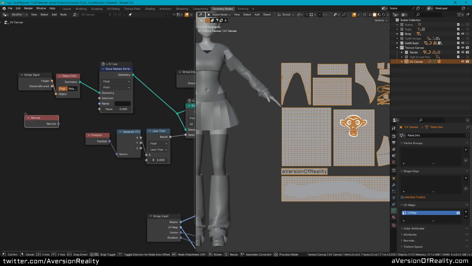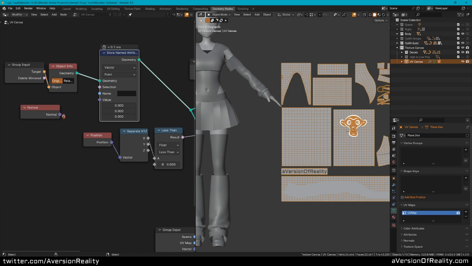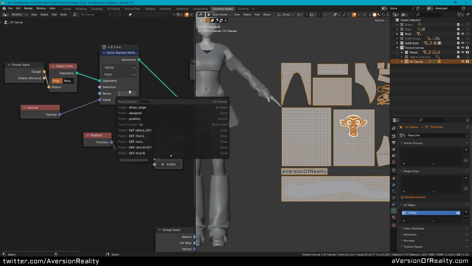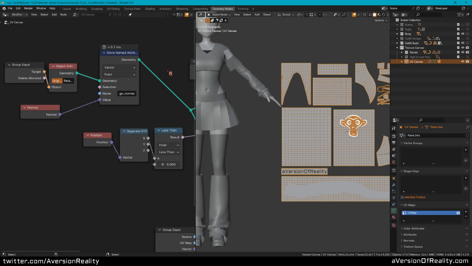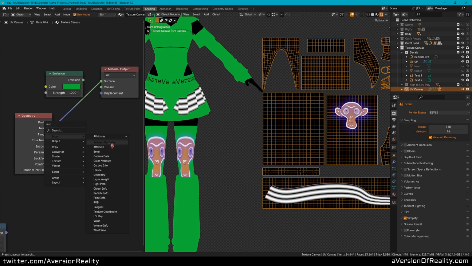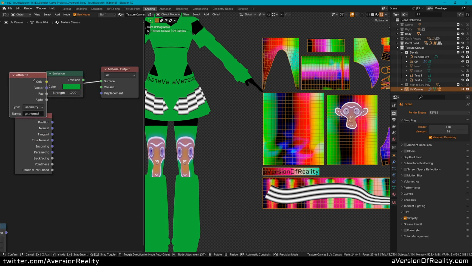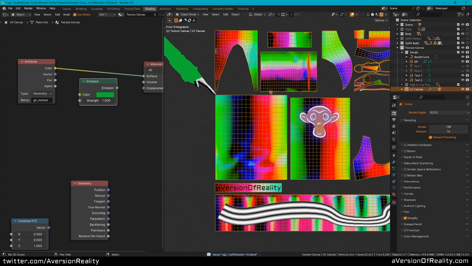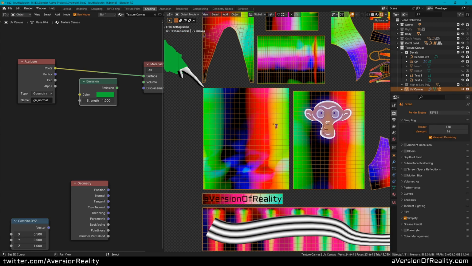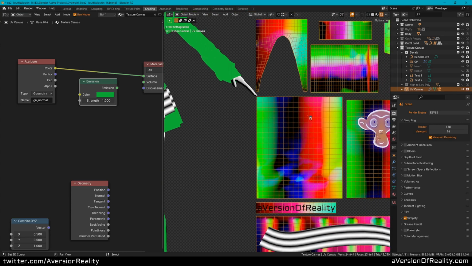In this case, if we want the normals, then that's going to be a vector. Presumably we want them interpolated, so leave it on Point, and name it gn_normal. And now when we go to our shading, once again, we grab the Attribute node, and there's our normals. And this is being saved before we split the edges, so this will still be the same normals of the mesh. They're not affected by the split.